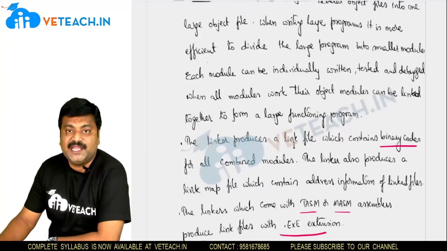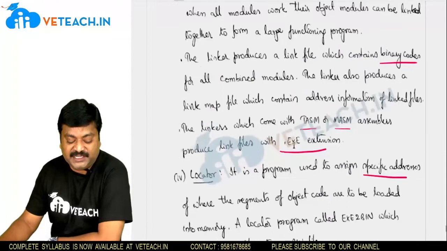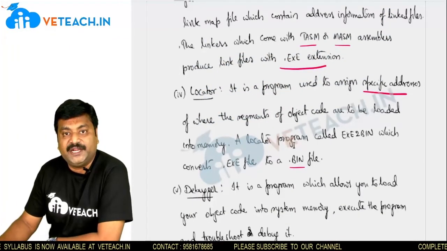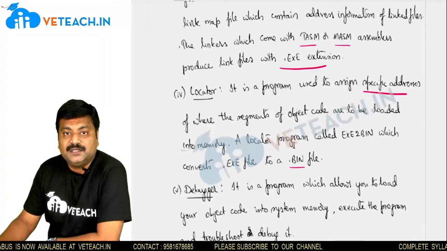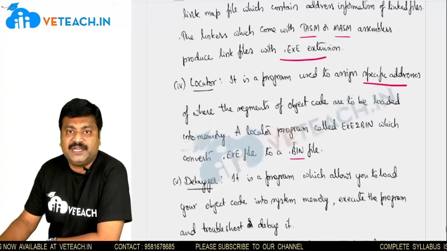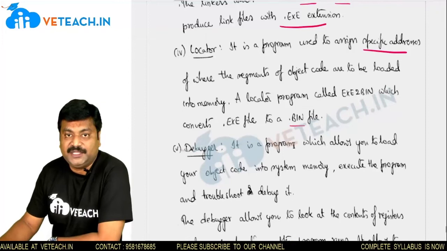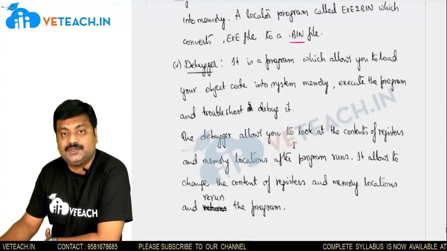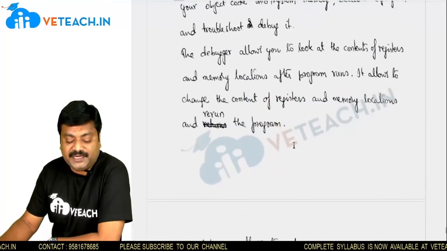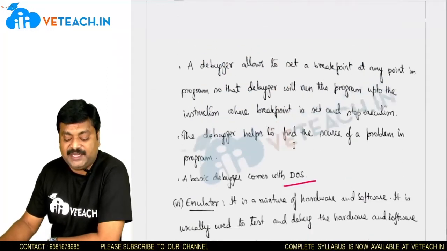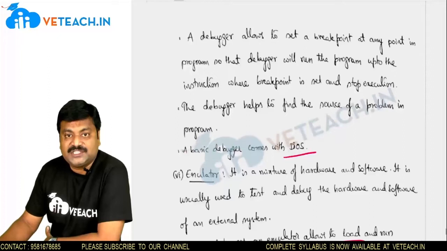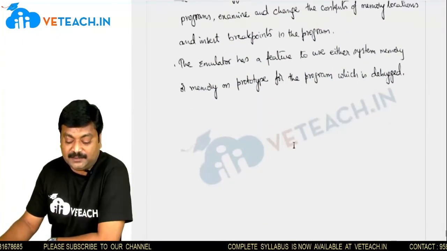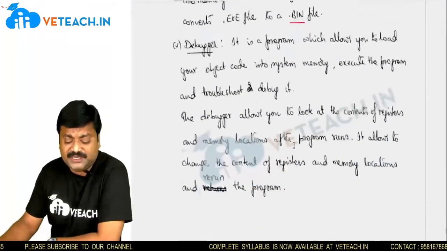So the .exe file will be generated by the linker, and after the linker we will pass on to the locator tool, and this .exe file will be sent to the debugger, where it cross checks with DOS commands and sends it to the emulator, or else simply the debugger